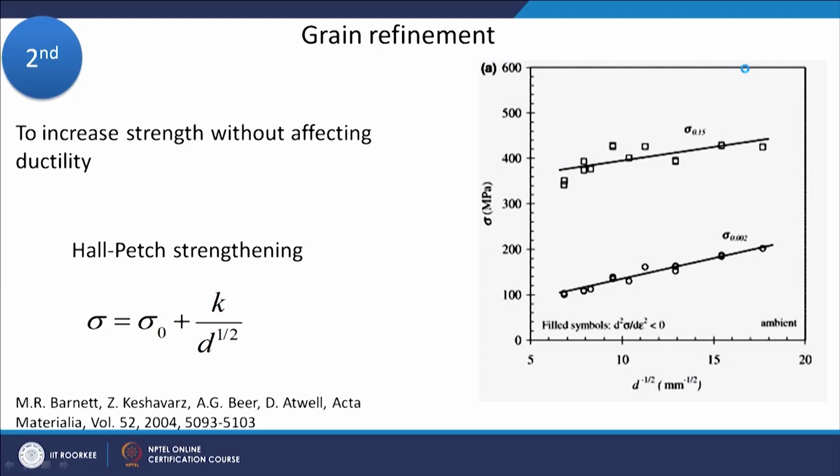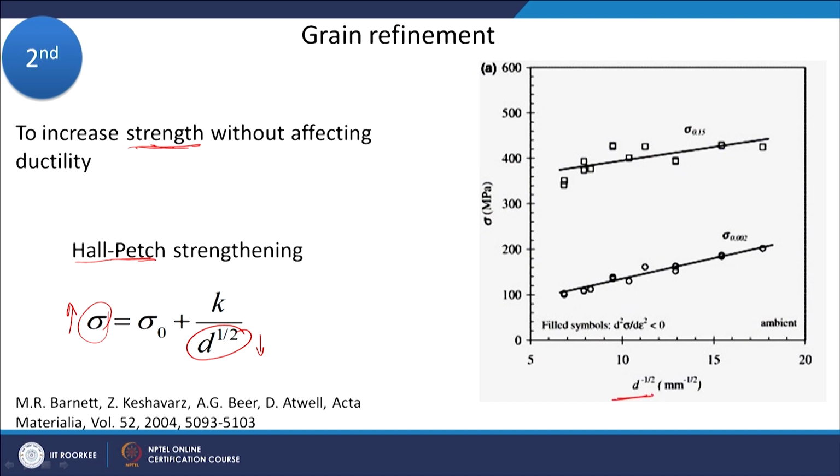The other reason to do thermomechanical processing is grain refinement. Why we want to do grain refinement or microstructure refinement is to increase the strength. And how does the strength increase? Because of the Hall-Petch relationship, which says that the stress will be dependent on the grain size to the power minus half, where the grain size is in the denominator. So, that means if you reduce the grain size, the flow stress will increase. And you can see that effect here in the micrograph.